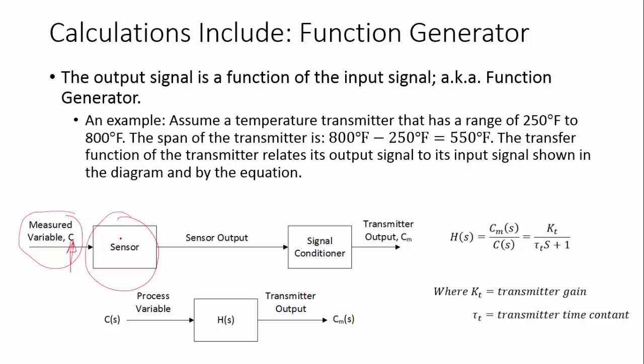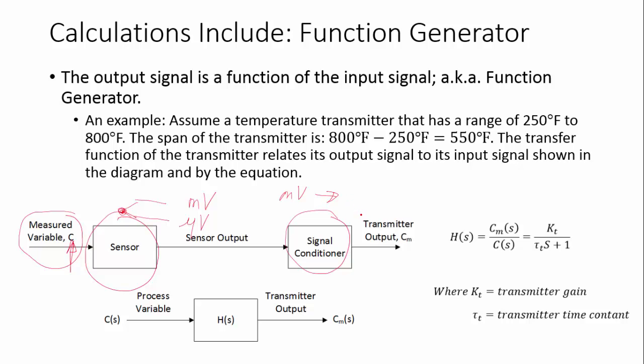Here's my sensor, the thermocouple, which is generating a millivolt signal. Some of them generate a microvolt signal. The sensor output comes to a signal conditioner, which converts this millivolt or microvolt signal to a signal